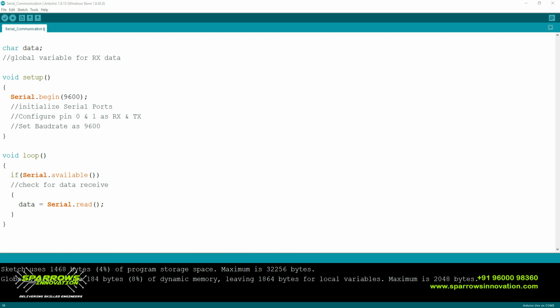I'm going to use that inside the if statement, so that we can check that the data is received correctly. Here, data = Serial.read is the function I'm going to use. Data is the character variable I declared globally, and Serial.read is a function which will read the data from the buffer and store it in data. Very importantly, it reads only 8-bit data at a time, because serially we can transmit only 8-bit data.